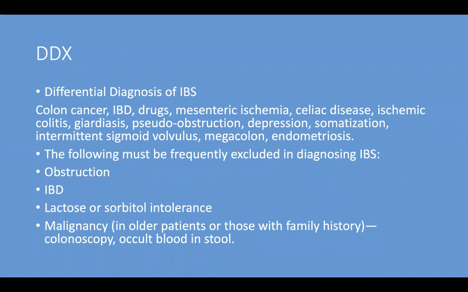Mesenteric ischemia. Usually a patient with mesenteric ischemia will be elderly with atrial fibrillation. Celiac disease is a common diagnosis. A patient usually presents with fatty or greasy stools and a history of ingestion of gliadin or gluten, and he will present with diarrhea. Ischemic colitis in cases of severe hypotension, giardiasis in a person who lived in a non-sanitary area,